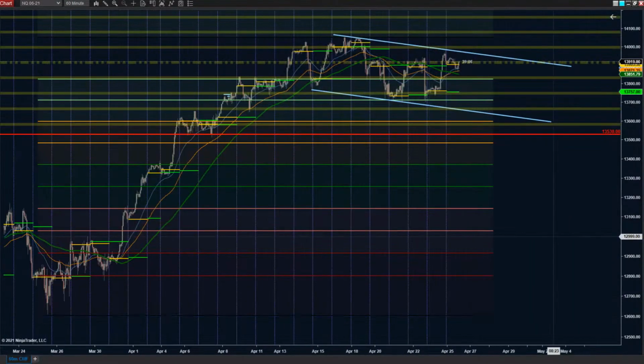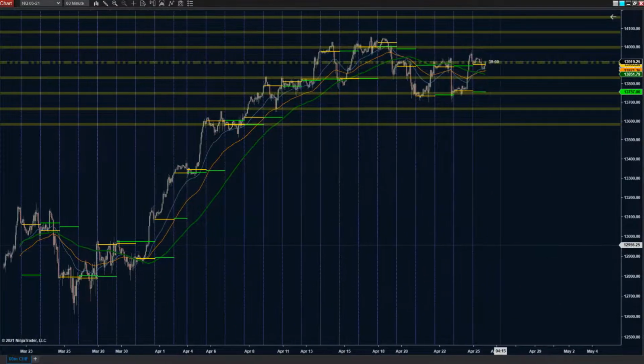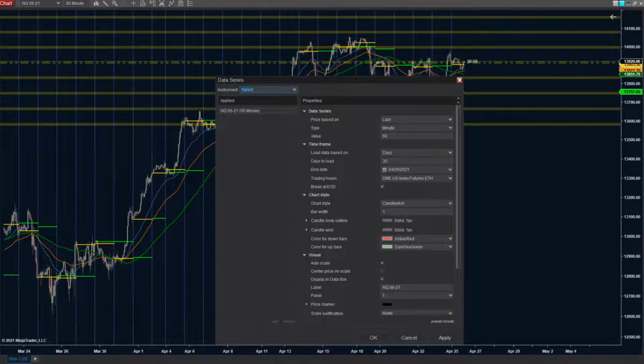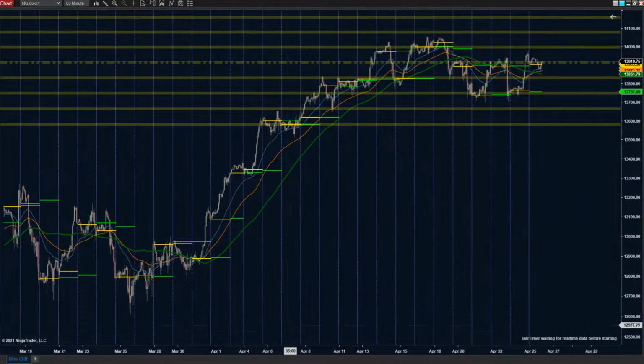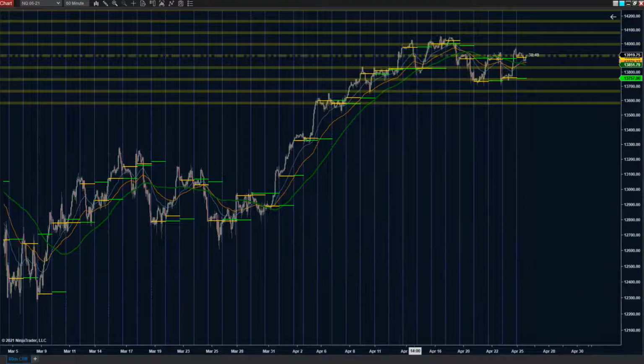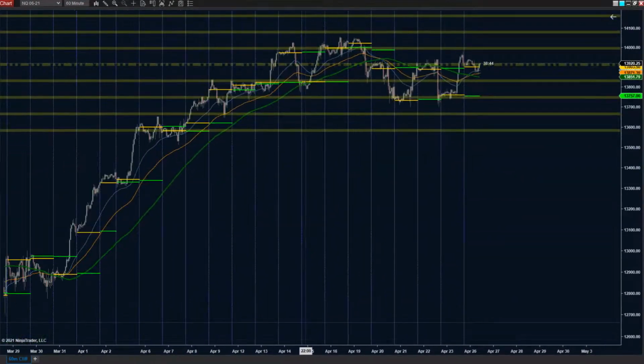On the 60-minute, we've obviously got this massive continuation to the upside, but let me clean this up, and we'll start fresh. I need more days of data on this bad boy. Let's do 90. There we go. All right. So as far as the nearer term, and that gives us some flexibility if you've got to go backward,